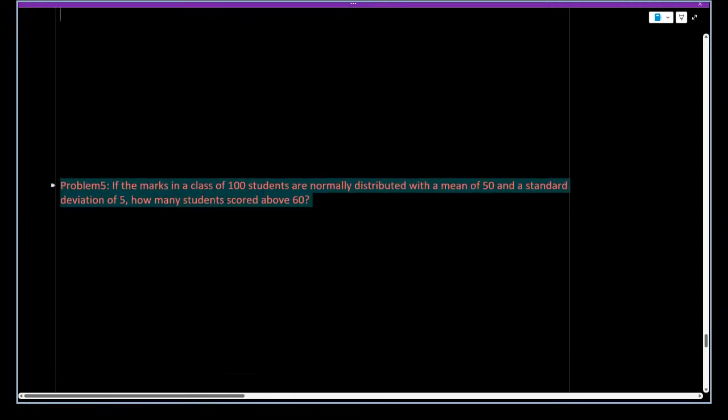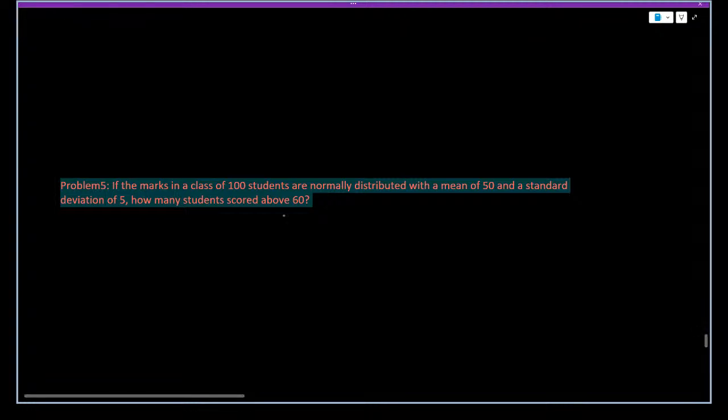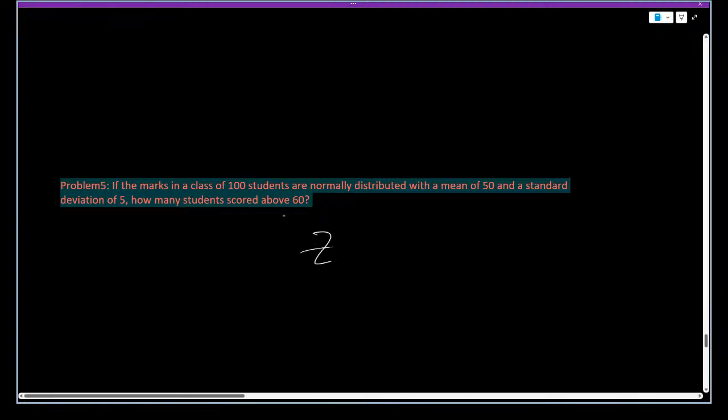Marks of a class of 100 students are normally distributed, mean given, standard deviation given. How many students scored above 60? If you want to find, you need to get Z. What is given? X and mu, that you will write. The value of mu is 50. Standard deviation sigma is 5 and x is greater than 60. So first you calculate